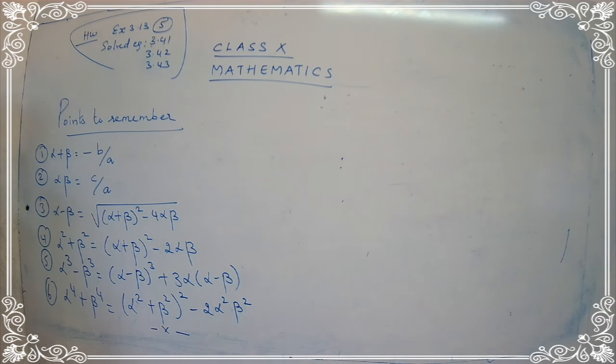Okay, children? So you are clear. I hope you are clear with the homework parts. Yes. Exercise 3.13, sum number 5. Again, the classwork sum you are going to write down again as homework. And also you have to complete your solved examples 3.41, 3.42 and 3.43. So we'll be continuing with exercise 3.14 in the next class.